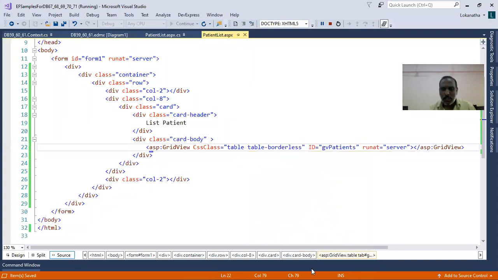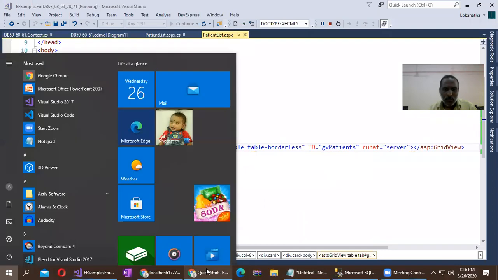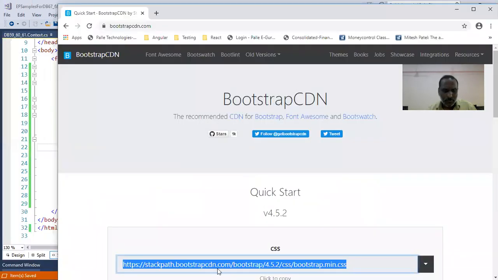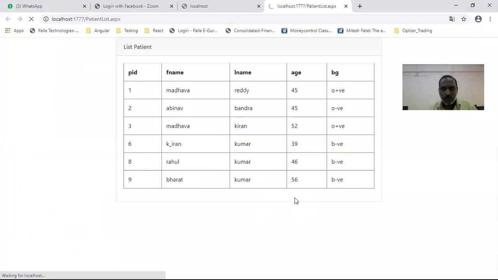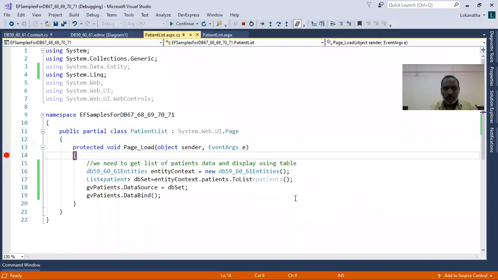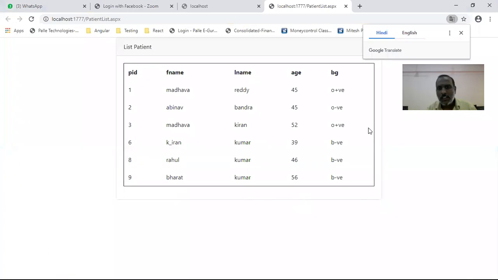Okay, I'll apply table borderless. I'll see how my user interface will be coming. It is coming like this. So you can apply different Bootstrap styles to see the data in different formats.